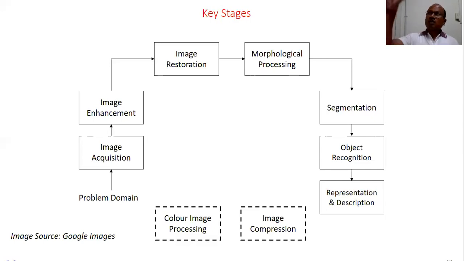Suppose we want to capture a remotely sensed picture, a remotely sensed object. What do we want to study? Agricultural images, normal fingerprints, medical images. So that's our problem domain. Problem domain is either we want to process medical images, or some remotely sensed images, or underwater images, or other different types of images. That's the modality which will be acquired by the system. So let us understand these components one by one.